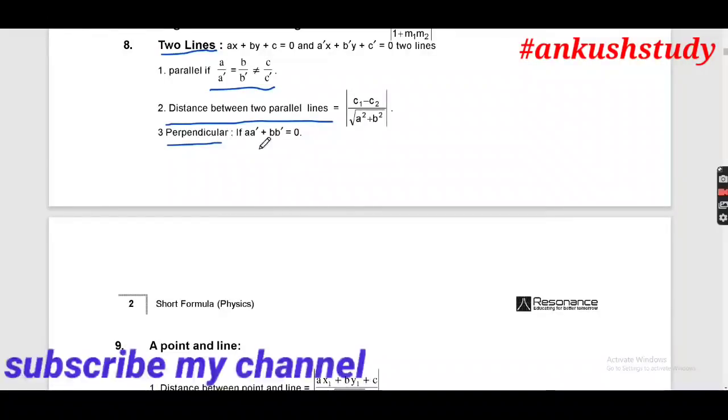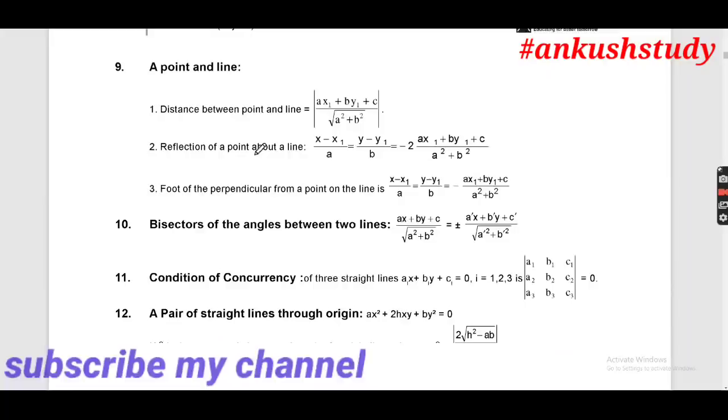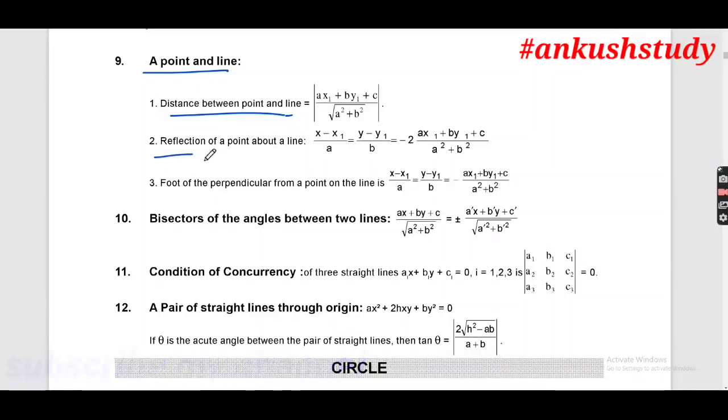If a a dash plus b b dash is equal to 0. Okay, so these are the formulas. And this is for a point and line. The distance between a point and a line formula is (ax1 plus by1 plus c) under the root whole a square plus b square. And this is the reflection of a point about a line,